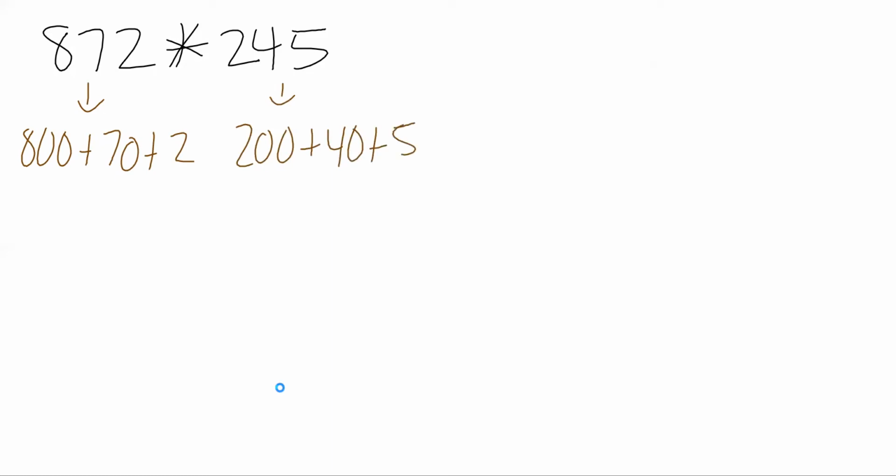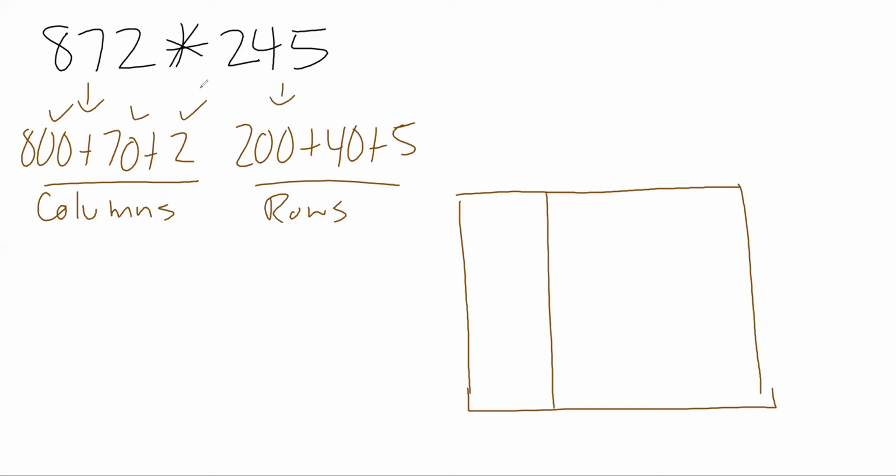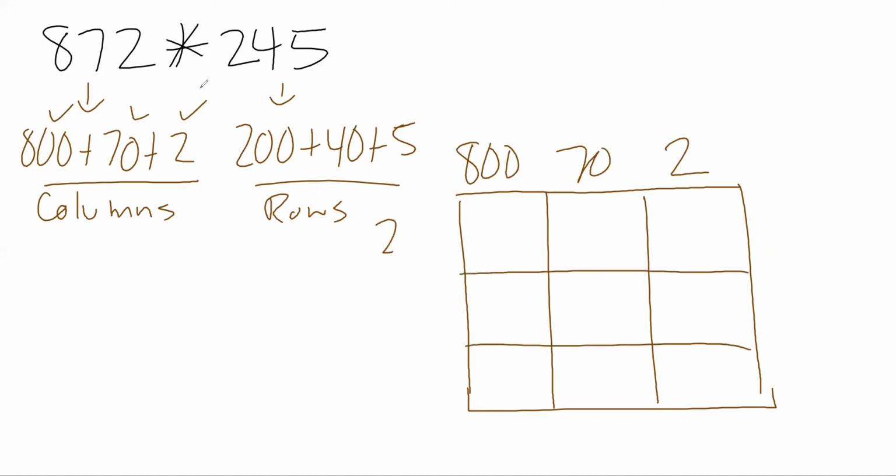Okay. Whoa. I'll go back to our original style of thinking about which ones are the columns and the rows. Columns and rows. Okay, so we'll do that there. And so I got to build my model. Boy, this is going to prove challenging between building the model and having space to do all my addition. This is true. Let's see what I can do here. All right. So I have 1, 2, 3. So that's 800, 7, and 2. And then I have 3 rows,